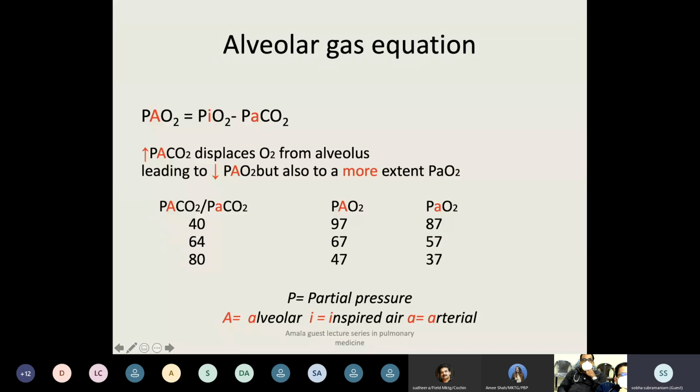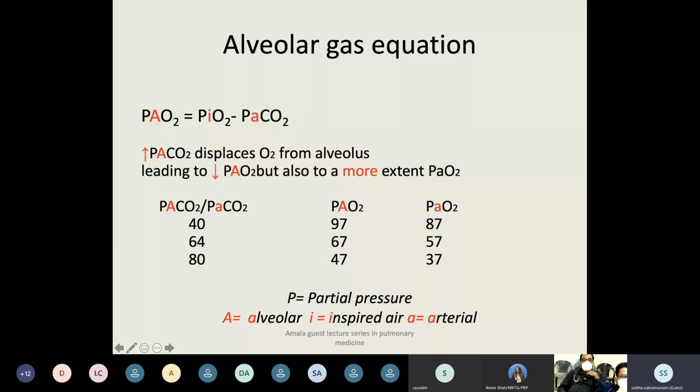Now, what is this alveolar gas equation? It is very fundamental to the analysis of ABG. What it states is that the sum of the volume in a confined space, if you have got two gases in a confined space, for example, carbon dioxide and oxygen in the alveolar confined space, the sum remains all the time constant. So if it is carbon dioxide which is going up, then it will naturally displace the oxygen.